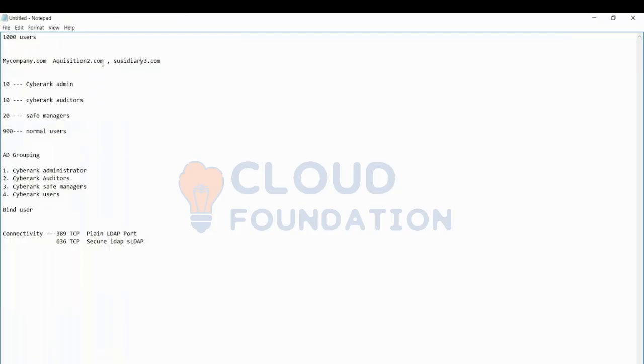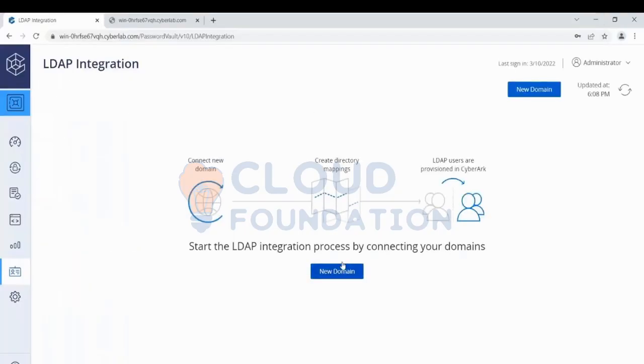the CyberArk application. So I need to integrate multiple domains so that these people who are appearing in different domains can also authenticate to the CyberArk. So as of now we have one domain, but we have a capacity to integrate multiple domains. That's not a problem. So the users from different domains can authenticate to CyberArk with their domain IDs. You need not set up their IDs exclusively in CyberArk. They can leverage their domain IDs, whatever available with them, and they can authenticate to the CyberArk. And the only thing you need to do is add them in the